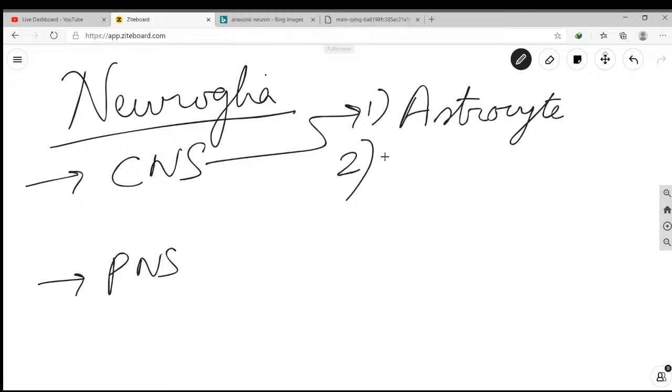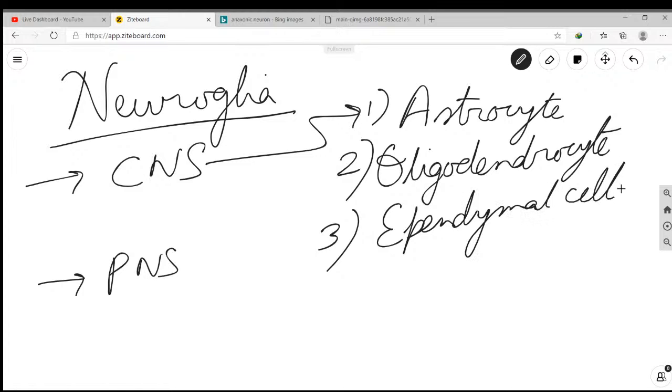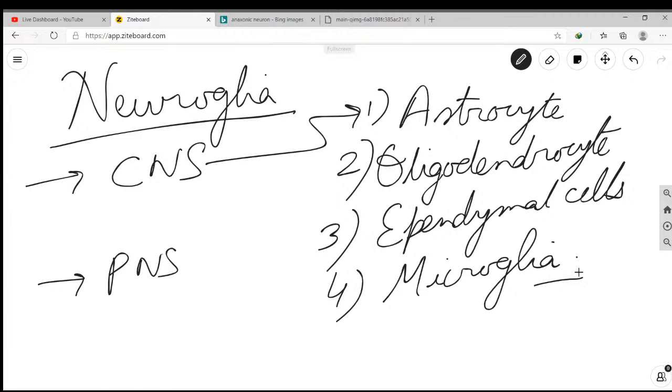number two is oligodendrocyte, number three is, you can say, ependymal cell, number four is, you can say, glial cells or microglia. So these are the four types of neuroglia or neuroglial cells present in the CNS, that is brain and spinal cord